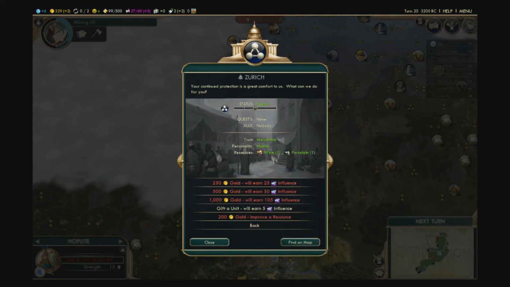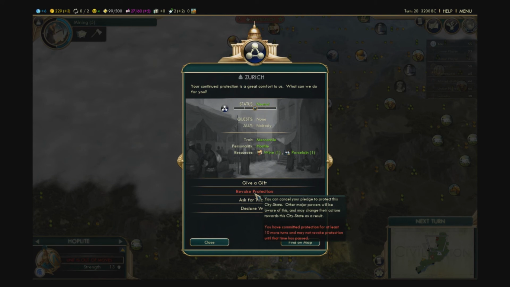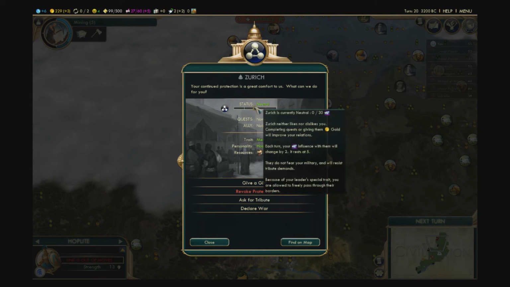Then in here I can gift them stuff to get influence. If my influence is at 30 or higher, we are friends. If my influence is at 60 or higher, we are allies. With ally status I get all the benefits. In here, wine and porcelain. So a lot of happiness. With 30 I will get just half of it. This is a